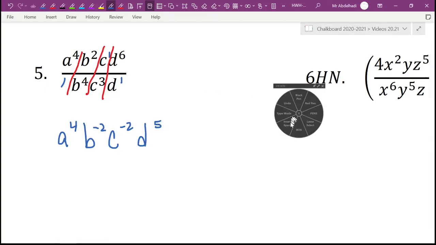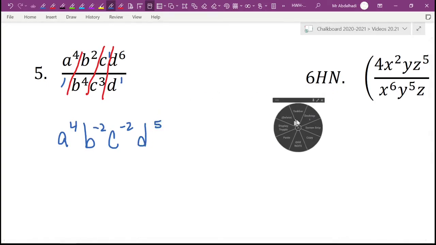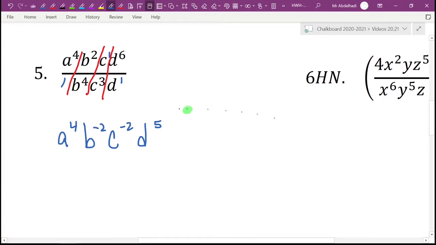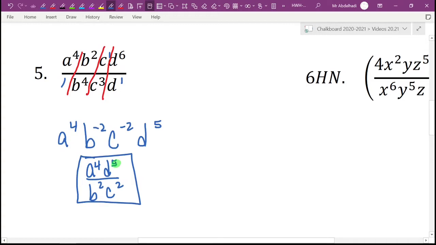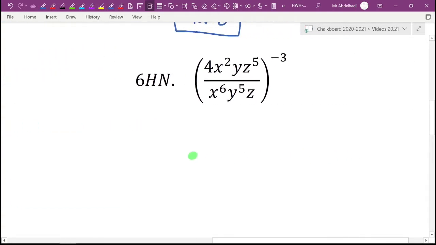Now, the things that have negative powers have to be addressed. So the numbers that are positive powers, they stay where they are. But the stuff with the negative powers gets flipped to the bottom. When they get flipped, their negative powers become positive. And there you go. Okay. This next one,